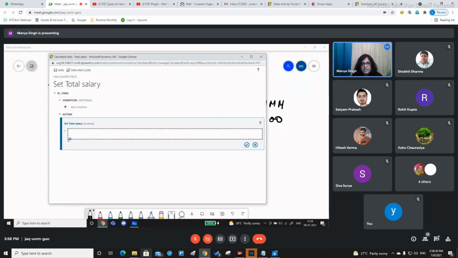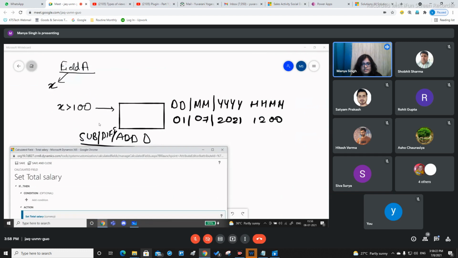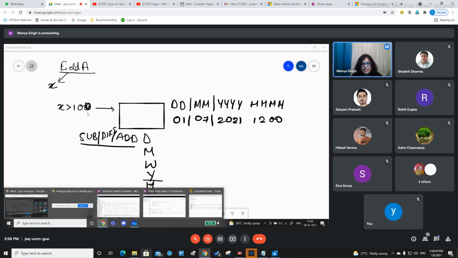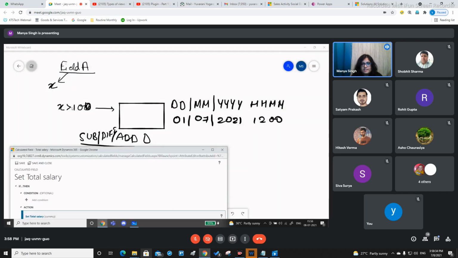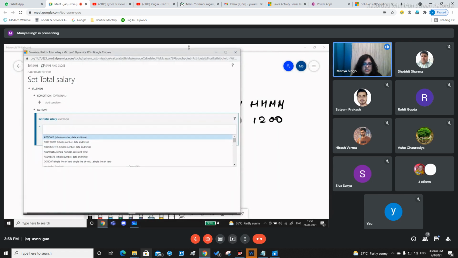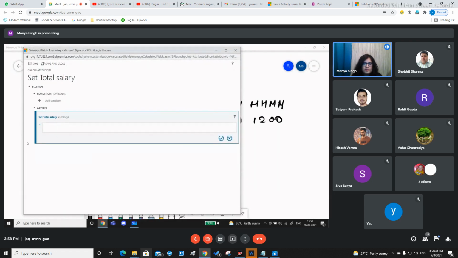let's not take 100, let us take it as 10. So this is 10, not 100. So if our x is greater than 10, then this particular field will be added. Then x is going to be added to this particular field. Here we could have kept that if our probation period is greater than 0 or greater than 1. If the probation period is set as 0, then obviously there is going to be no probation review date, right? So we could have added that as a condition as well. We could have added multiple conditions as well.